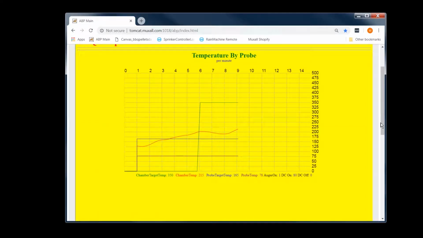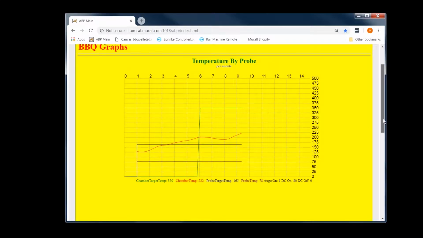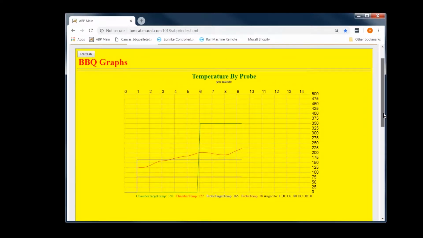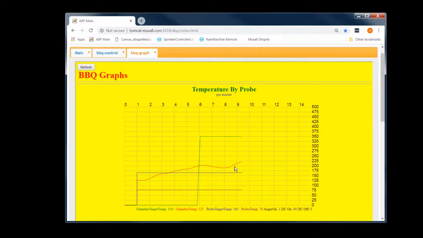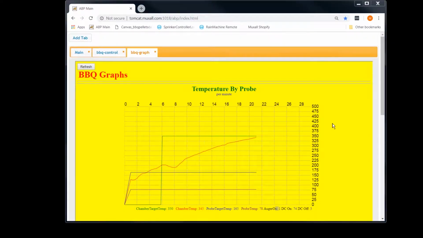Oh, yeah, see, it's starting to really ramp up now. Yeah, you can see it ramping up. So yeah, we might get there in 12 minutes. Should be around 18 minutes. So I'll be back. So as you can see, it's still in profile 1, and it's actually past the 18-minute